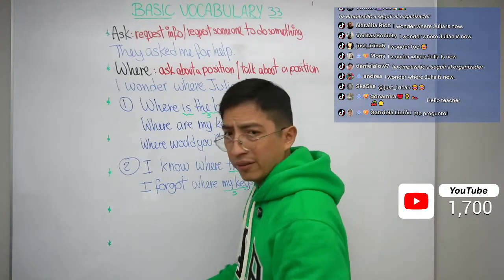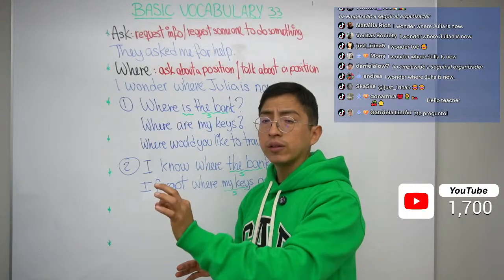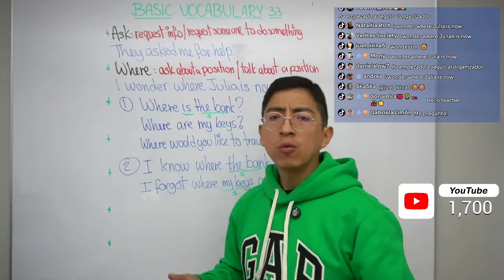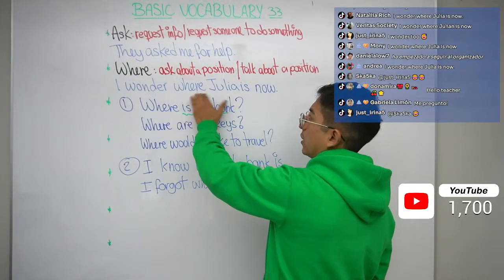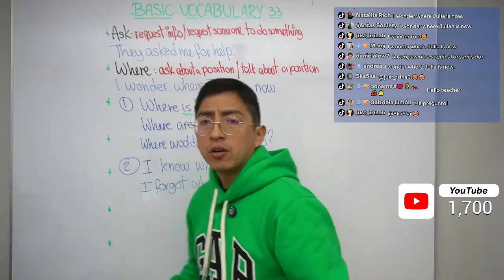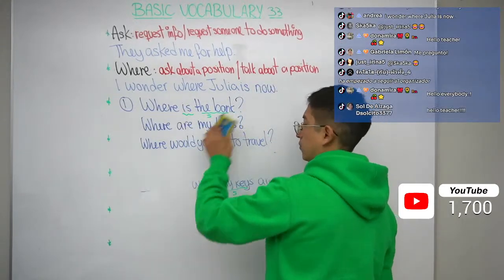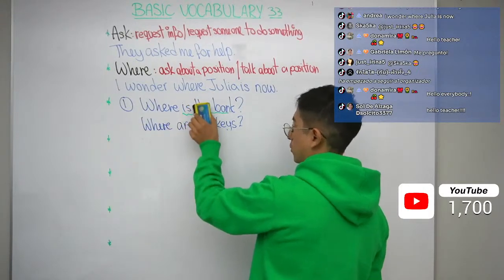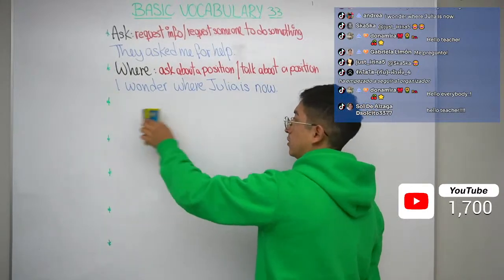So it's the same, guys. If we ask the question in a direct way, we are going to say, "Where is Julia?" But in an indirect way, we can say, "I wonder where Julia is." Where Julia is? No, I don't know. I don't know where Julia is. So be careful when you say this kind of questions. We never say, I wonder where is Julia? No, it's the other way around. Where Julia is. Okay, very good. Let's continue with number 3.